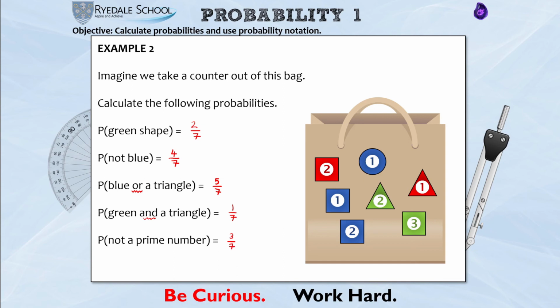3/7. So you'll see in this question I have used fractions, and fractions is my normal go-to for probabilities. But what I would say is if you have a question that is in fractions, work in fractions. If you have a question that is in decimals, work in decimals. If you have a question that is in percentages, it makes sense to work in percentages. Let's look at a final example.